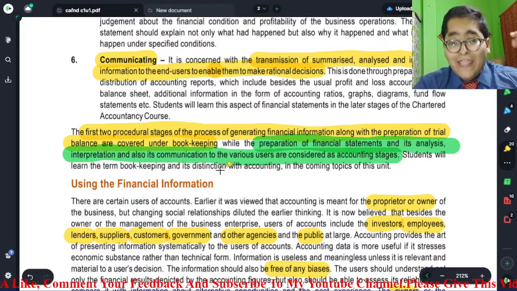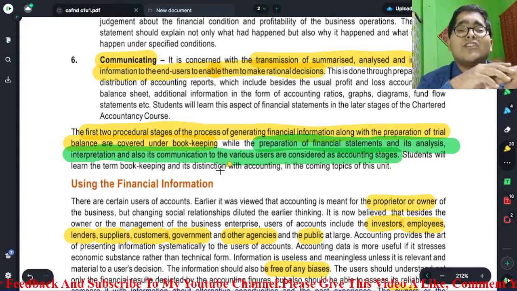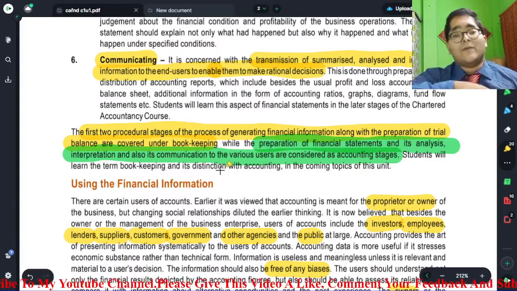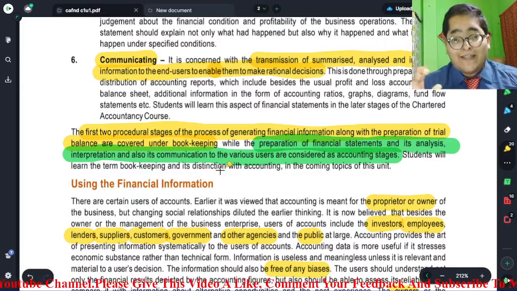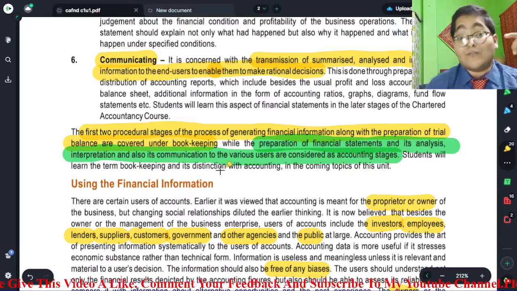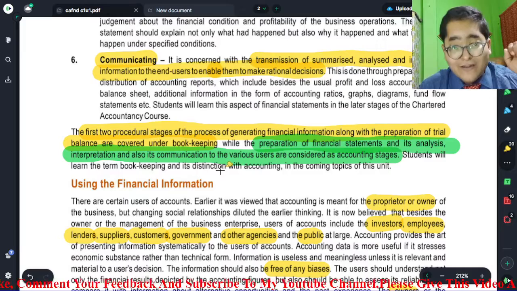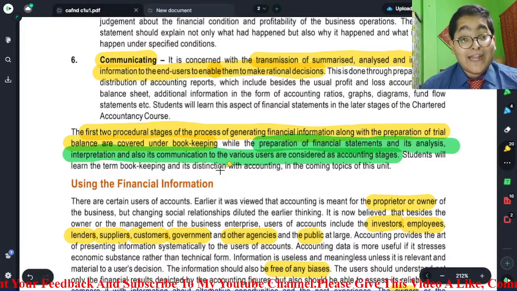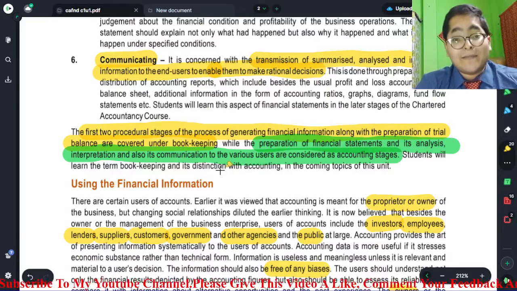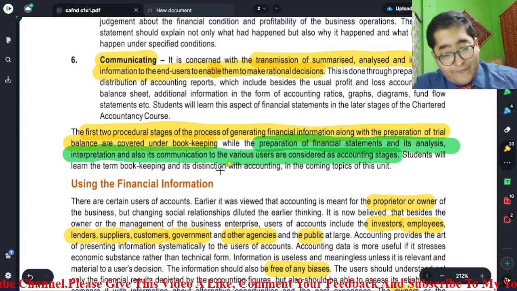For example, if a business is incurring losses, but the financial information is showing a profit, it is misleading. The decision makers would not be able to make proper decisions. So the decisions taken from misleading financial information would not be rational, right? That is why the information from the financial statements should be properly communicated.